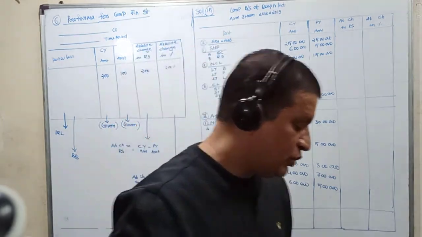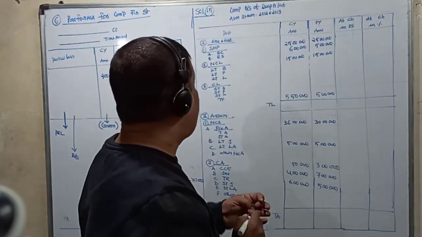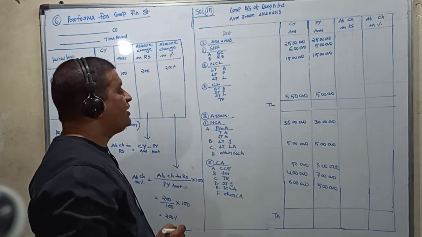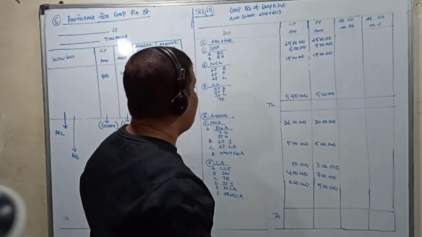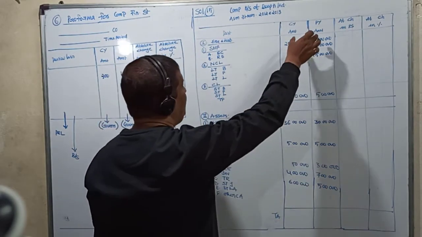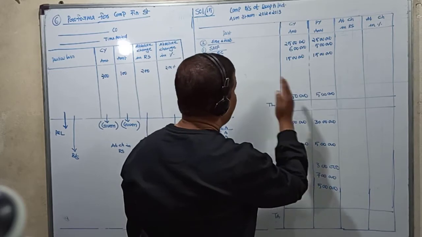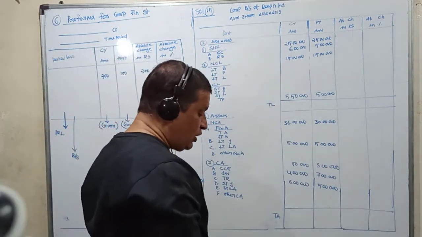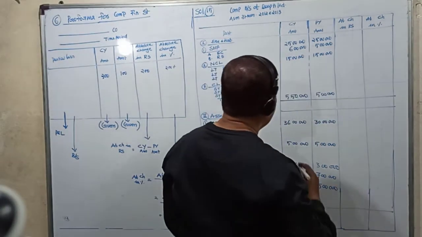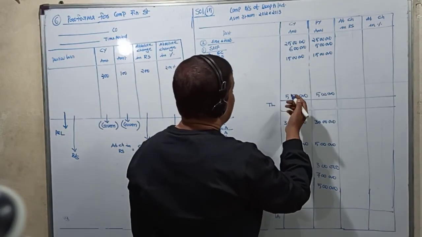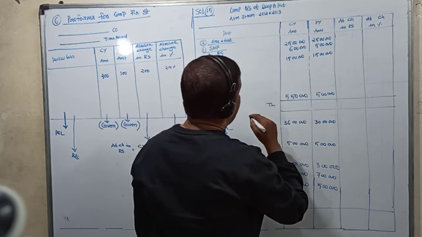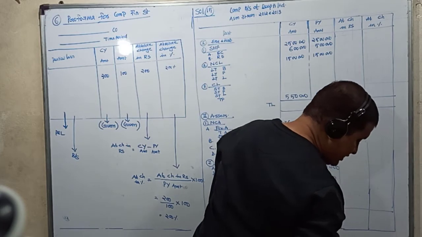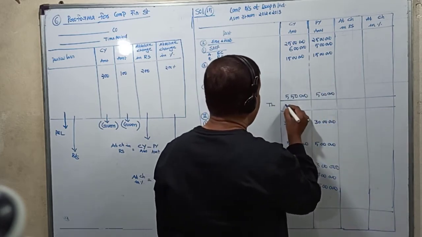So first what you do is, in the particulars column, because it's a comparative balance sheet, we took the pro forma of the balance sheet. And then from the given problem, whatever amounts are available, we put it across the respective transactions. So like this we do. Now we take the total of this. So the total of this is coming to 51,50,000.